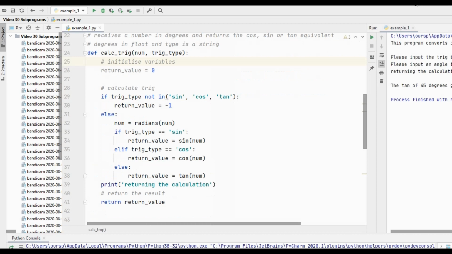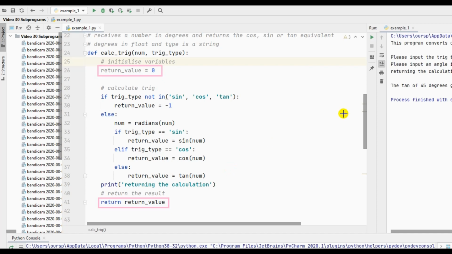So guys, we have a solution that works, but I wanted to go back to Calc Trig and I wanted to have a look again at the way that we've used our return statement. So in our solution, we initialized a variable with 0 called return value, and then within our code, we assigned the value of return value with whatever value the calculation generated, and then right at the end of our block of code, we used the return statement once